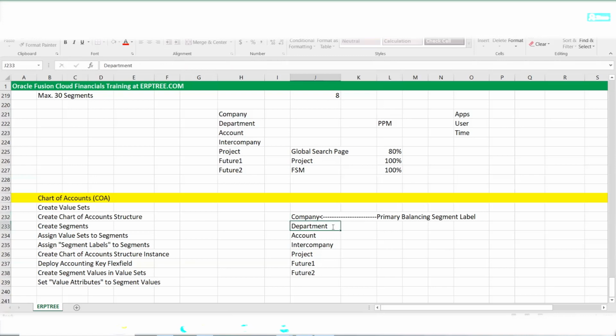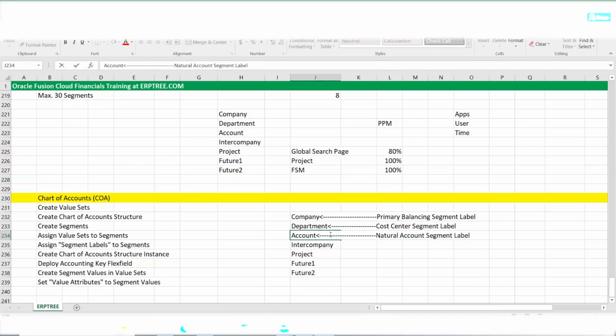What about department? For a department segment, we need to assign cost center segment label. For the account segment, what label do we have to assign? Natural account